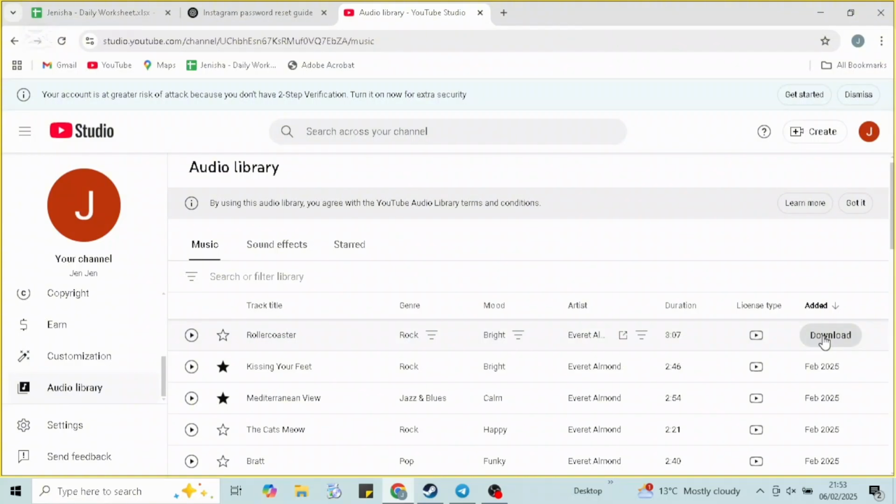So that is it. You can follow this method in order to download the video and convert it into